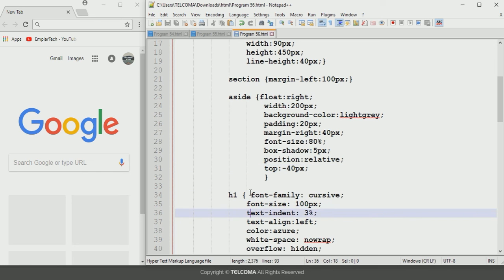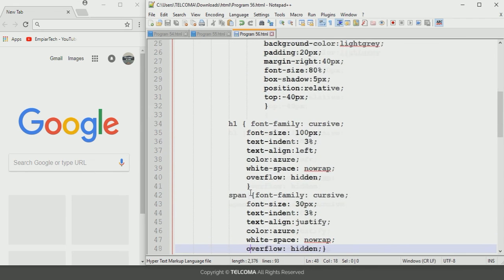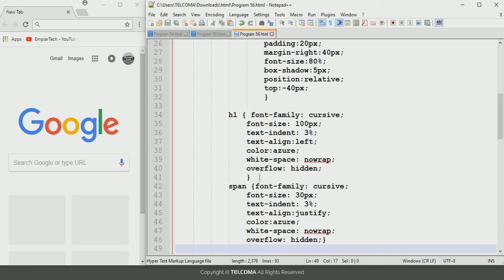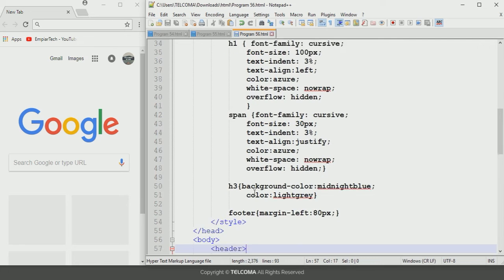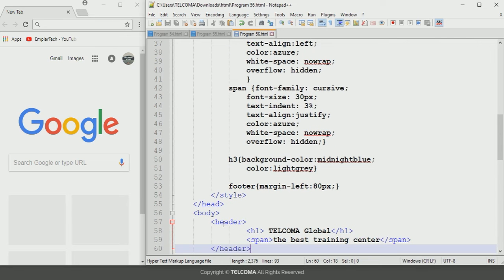After that we have declared the h1 selector that will make changes to the h1 heading. And then another part I have added is span. You can see that in the header element in the body part we have declared another part, that is span. Here I have declared the properties for the span selector: its font family, font size, text indent, text alignment, color, white space property and the overflow property.